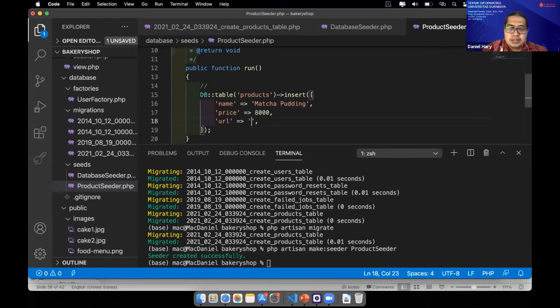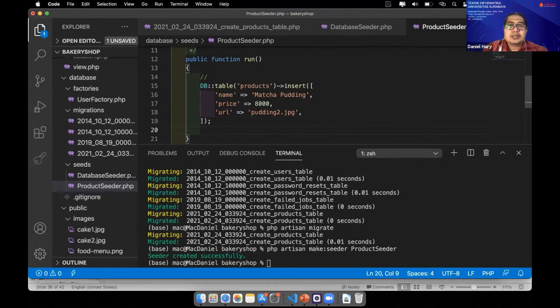In my files, the matcha pudding photo is pudding2.jpg. This will insert a matcha pudding with price 8,000 and URL pudding2.jpg. I will copy it in chat.